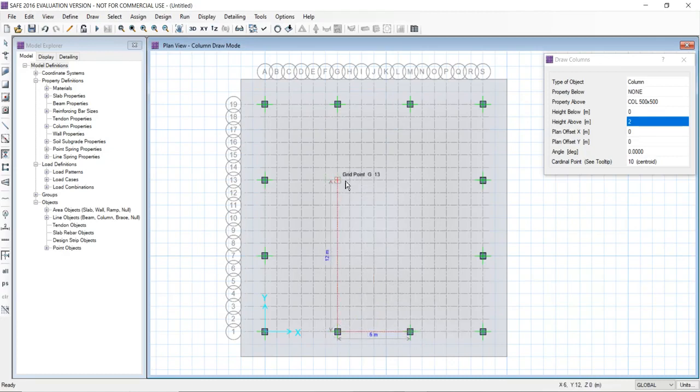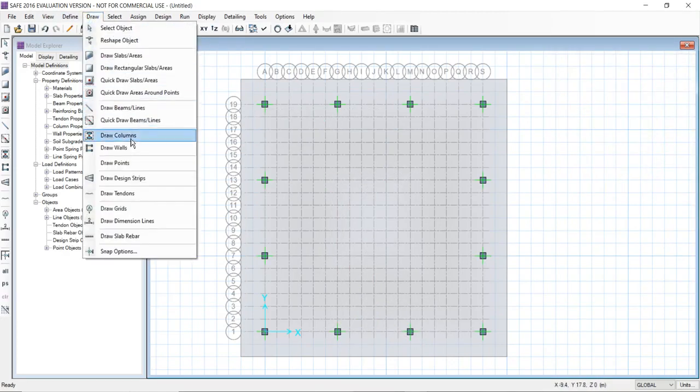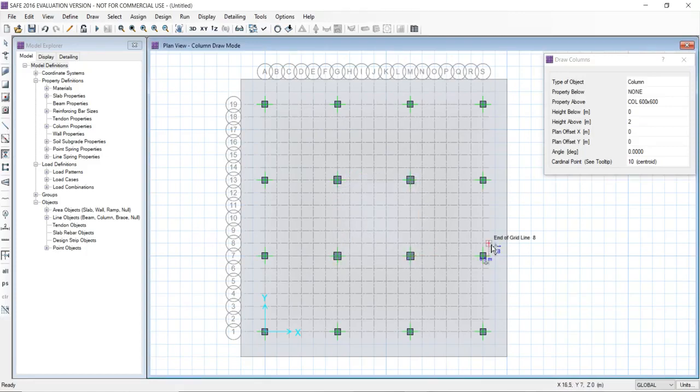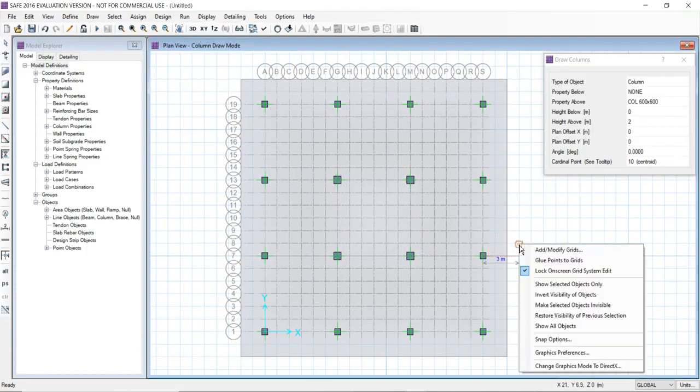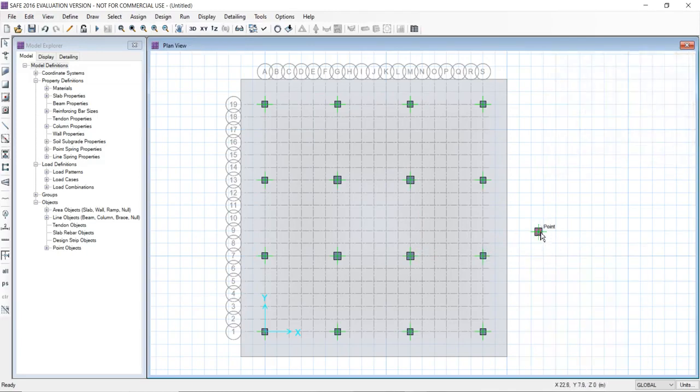Now we'll draw the columns for 600 by 600.